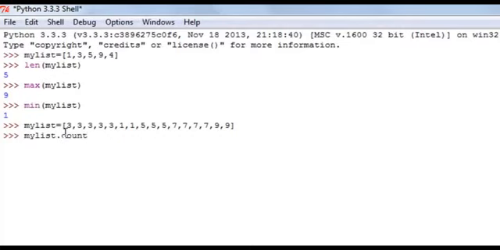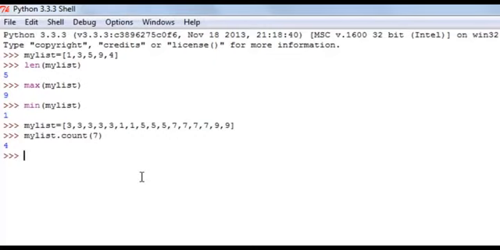And this is the name of the function that we have to use, and within parentheses I'll type in 7 because we wish to know the count of 7 in the list. When I press the enter key, I see 4, and that's because the number 7 is present 4 times in the list. The last method that we're going to check out in this tutorial is the append method, and this